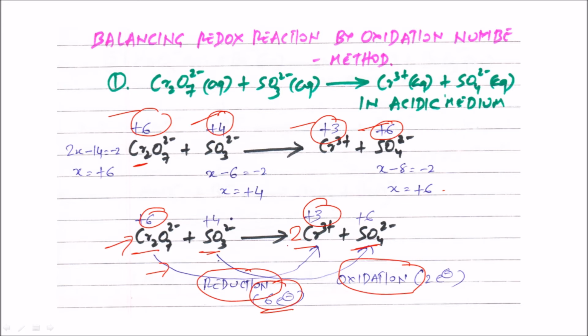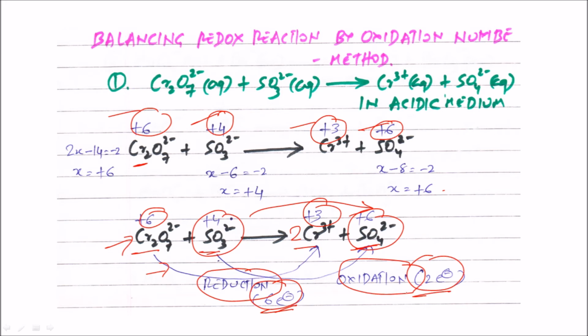Okay, so in one step you got 6 electrons. Now see the next step. The next step is sulfite to sulfate. And if you see this step, S changes from +4 oxidation number to +6 oxidation number. So the number of electrons involved in this change is only 2 electrons. As you know, it is oxidation, right? That's nothing but loss of electrons. So in the reduction step we got 6 electrons, and in the oxidation step we got 2 electrons.